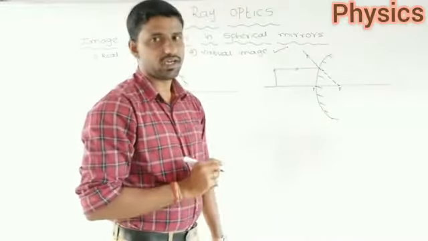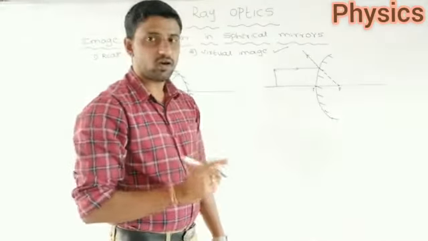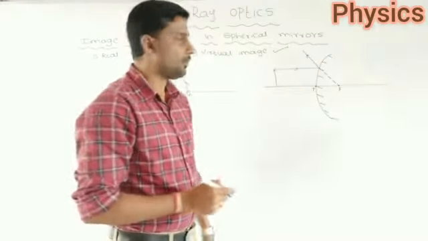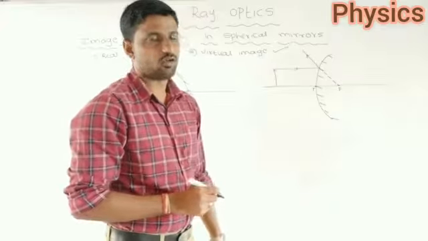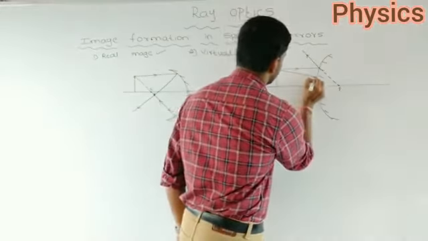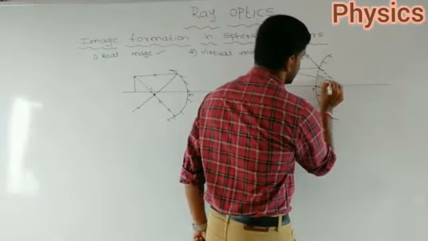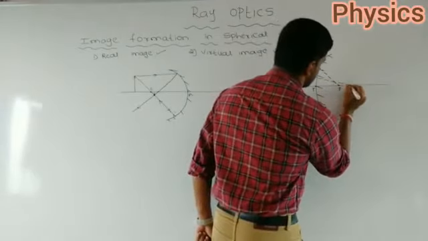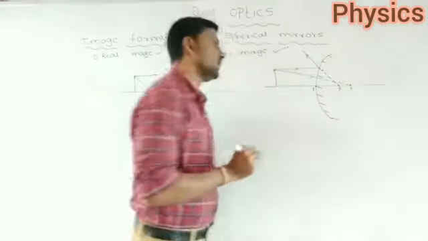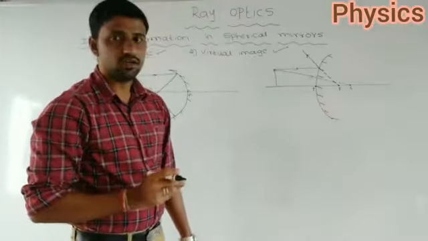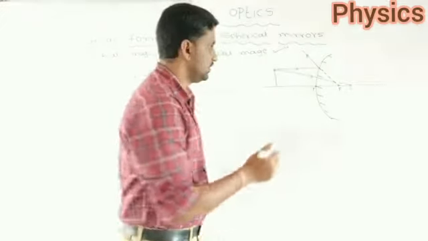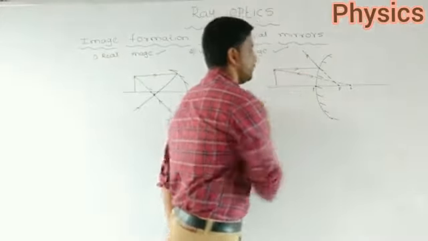This is one ray of light. And another ray of light, originating from this point, passes through the center of the convex mirror, like this. I am extending this line like this. So this is the center of the convex mirror. We know that if a ray of light is incident along the center, then it will reflect back along the same path as the incident light. That means it retraces its path.